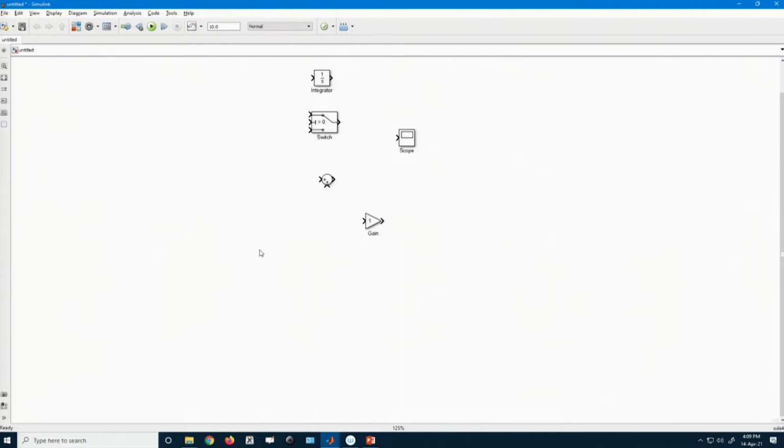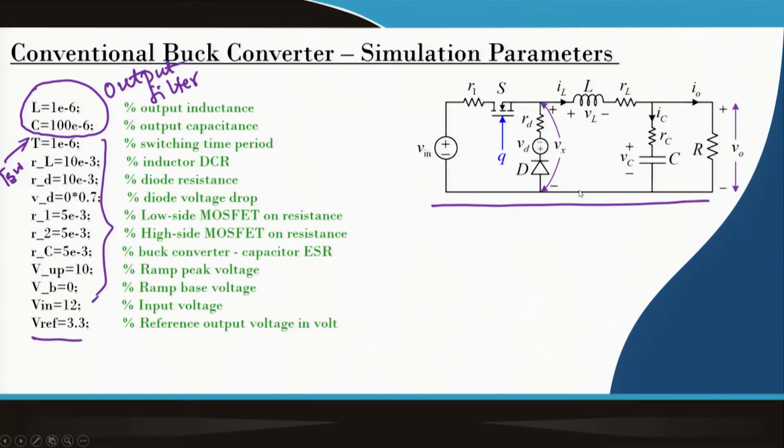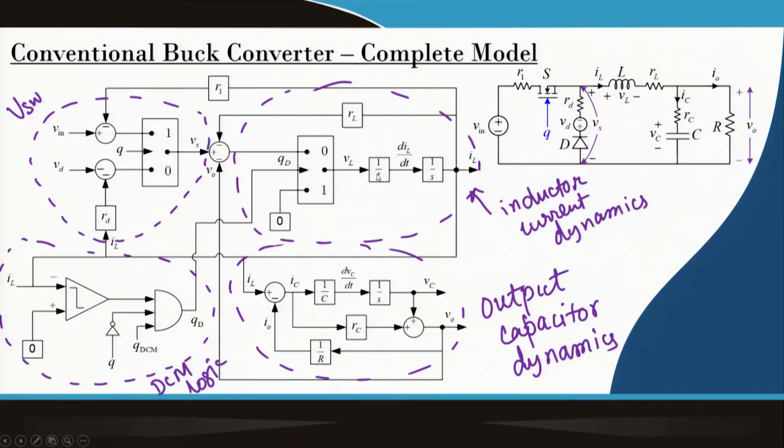So, first we want to realize the current dynamics. What is there in the current dynamics? If we refer to our presentation, going back to this model, this particular block we are talking about. In this block, first we have to generate the inductor voltage.